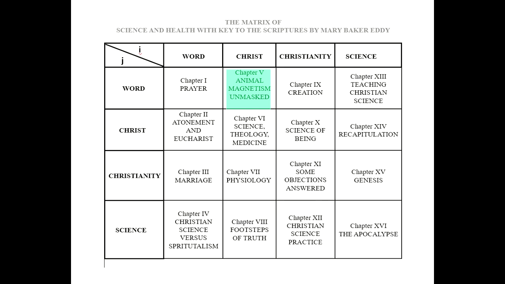So it takes those 4 chapters to show us how the translation of God to idea is working again on our scientific understanding. So in the 5th chapter is Animal Magnetism Unmasked, and she gives us there really the definition